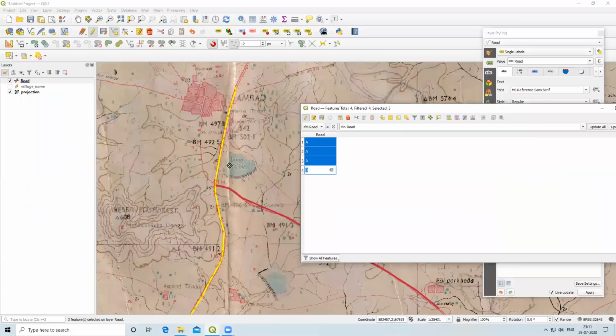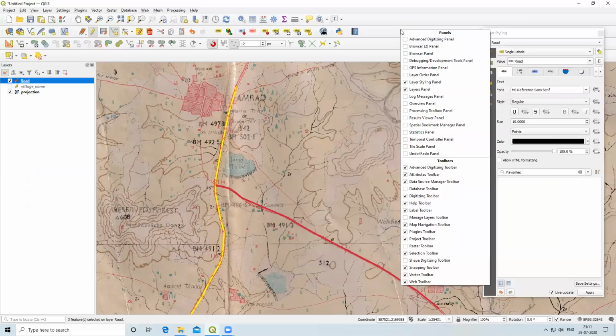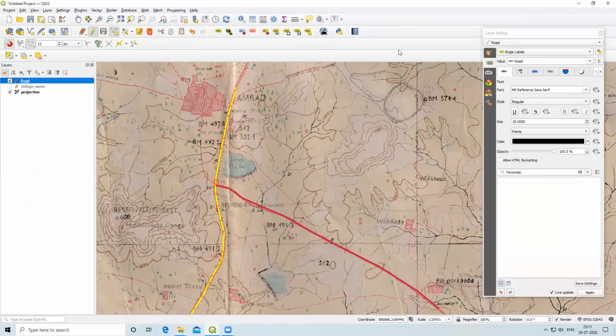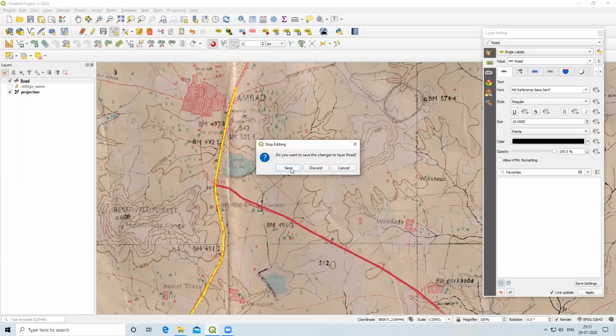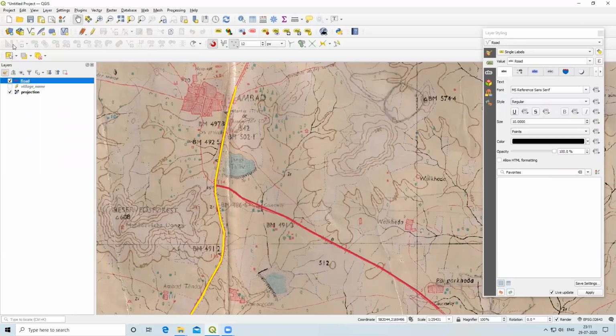If I want to merge this road, then I will right click here and the advanced digitization tool is there. When I click advanced digitization tool, it will be activated. If I close this and I save this, then this tool will not appear. This will disappear. Again, when I click here, toggle editing, this will be activated.